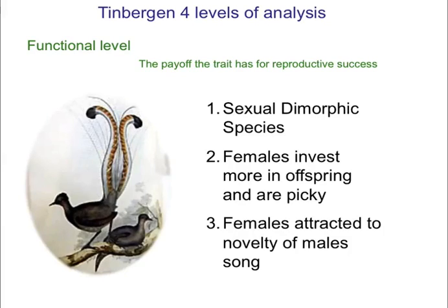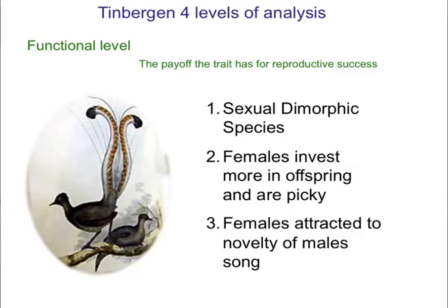They invest in offspring, and they sit on the nest and spend more time investing and energy in creating the eggs and the nest, etc. And so females are very picky about which male lyrebird they're going to take as a mate. And one of the ways they can choose the mate that has the strongest genetic value is the bird that has this long plumage and has this incredible ability to mimic.